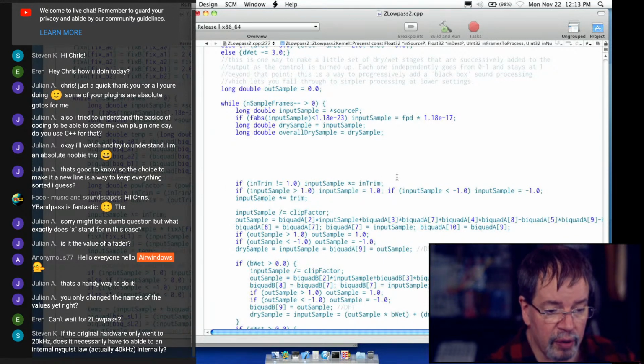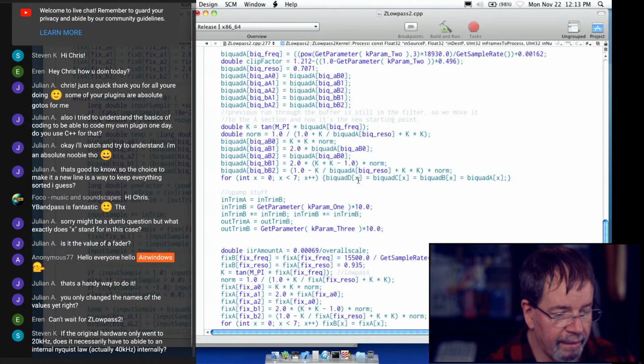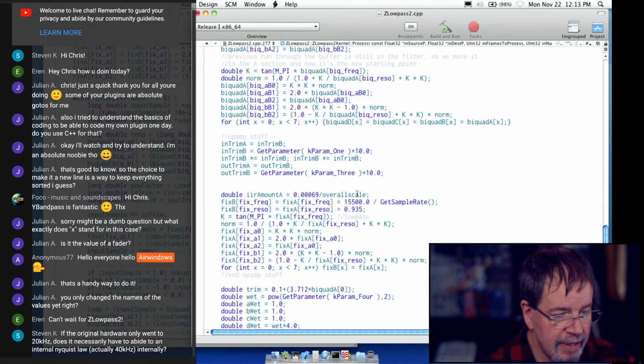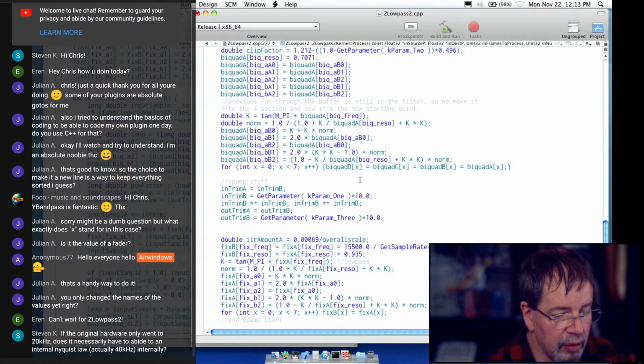But if it's not 1, we change the gain of it. Trim is something else. I wonder where that came from. We're definitely going to have to open up the old ZLowpass and see what that was. But for now,